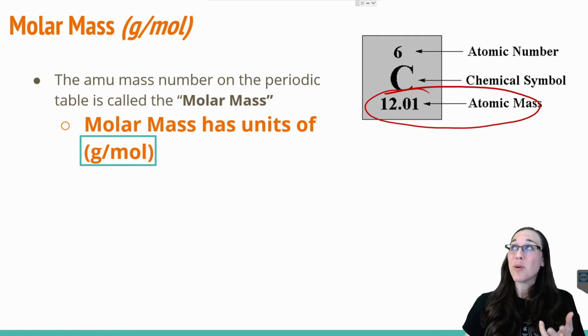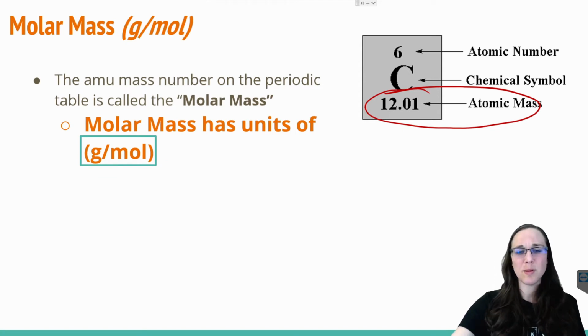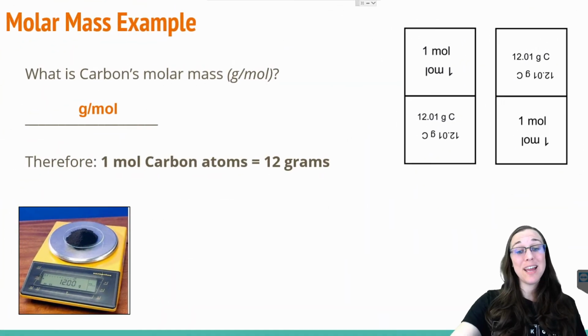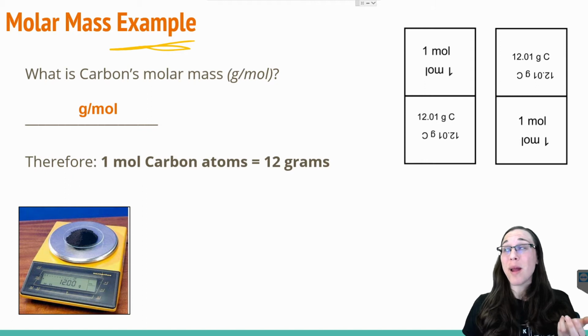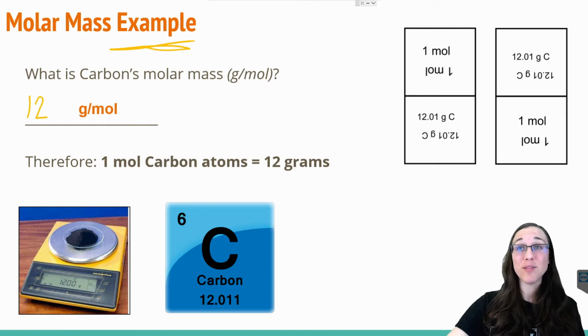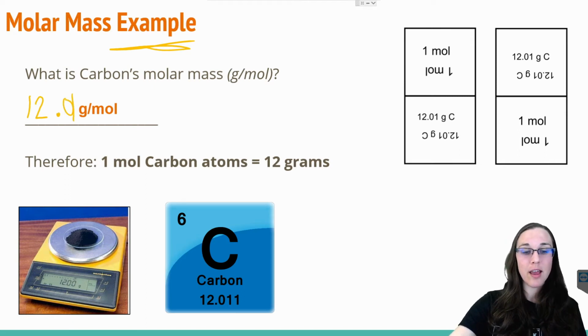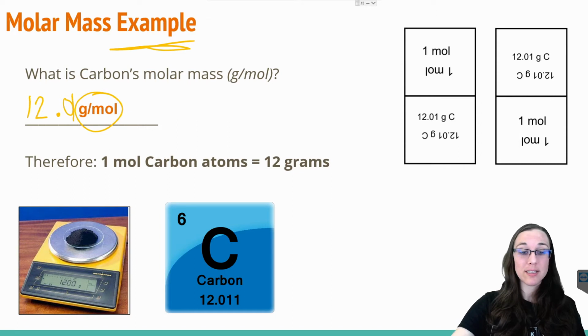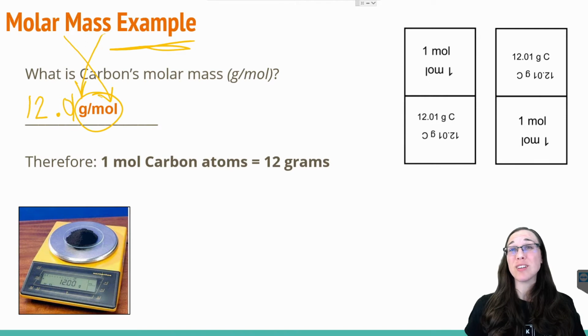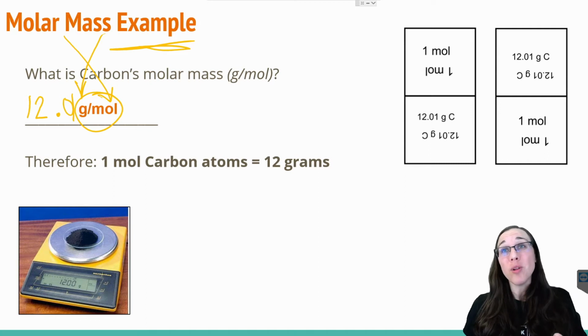And that's literally what molar mass is, which kind of makes sense because there's a molar and there's a mass in grams. So as an example, how do we figure out the molar mass for an atom on the periodic table? Well, you have to look at the periodic table. What we just saw from carbon's little tile on the periodic table is that it had a mass of 12.01. And again, that was in grams per mole, a molar mass. So to make more sense of what this number truly means, if we were to weigh out a mole of carbon atoms,